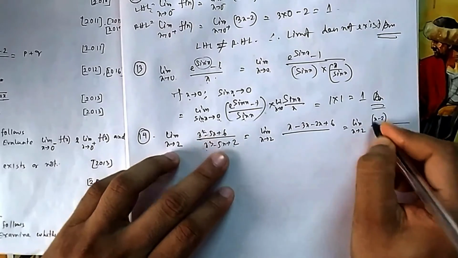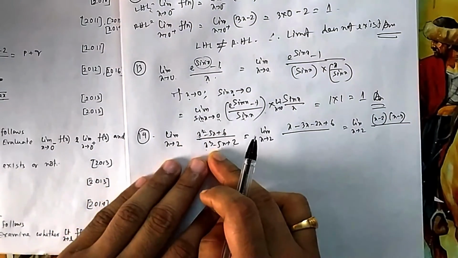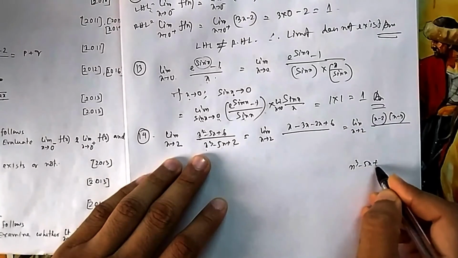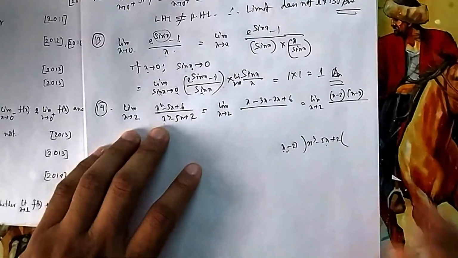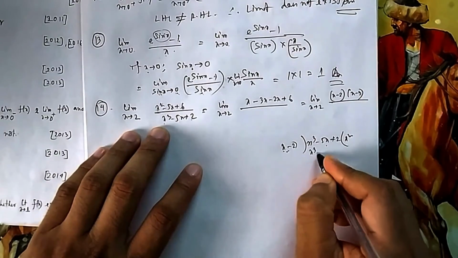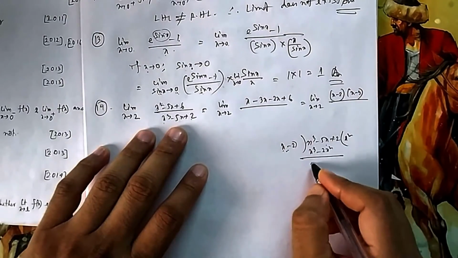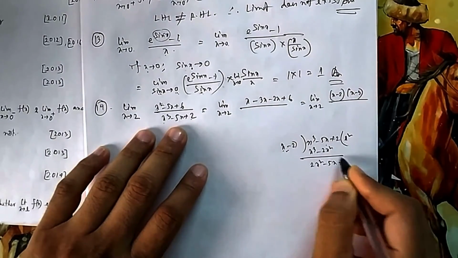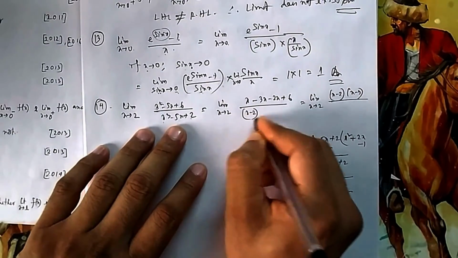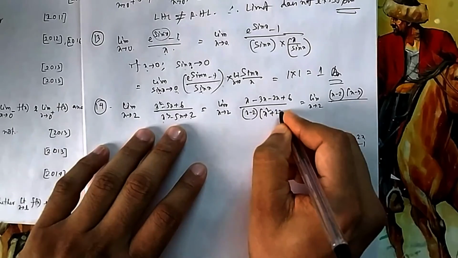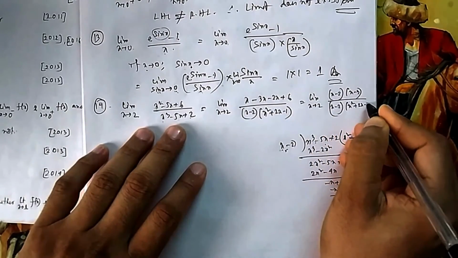So it is x minus 2 into x minus 3. And because x minus 2 is a factor of this one and you don't know how to factorize it, you divide this one. Because you know this is a factor, if you divide by it, it will be properly divisible. So it will be x square, x cube, and those who know can directly factorize it. I am showing, suppose you don't know. So this into this is this one. So if you divide, you can write this one, x minus 2 into, and you can show it in rough, there is no issue. So x minus 2 into x square plus 2x minus 1.